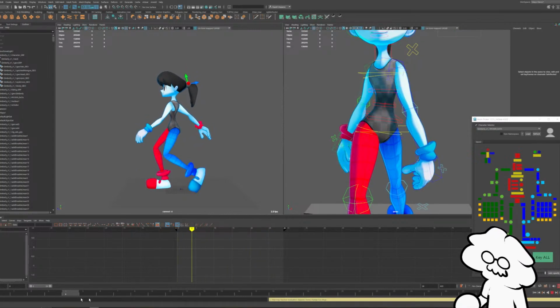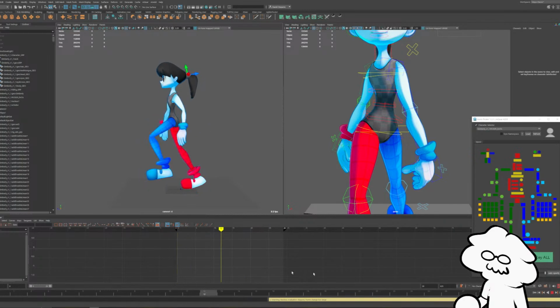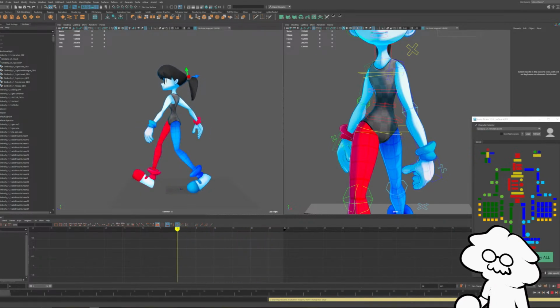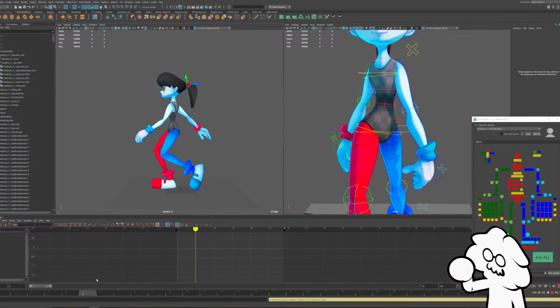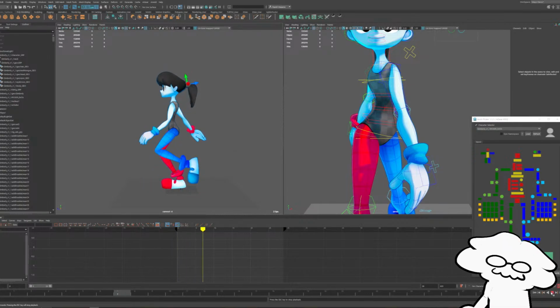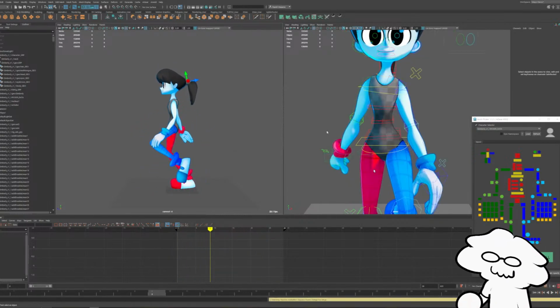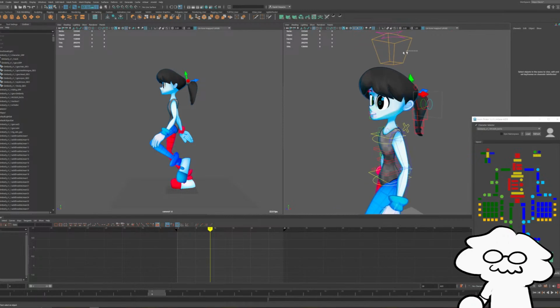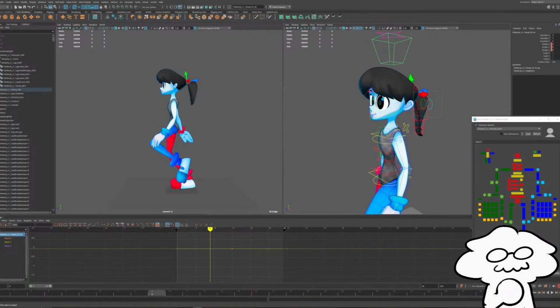Something like that. Still feels a little too stiff to me, so I might have to do a bit more to it. But it's almost there. I also have to do a bit with the head. Some of the stiffness is probably in the head, so let's start on that.